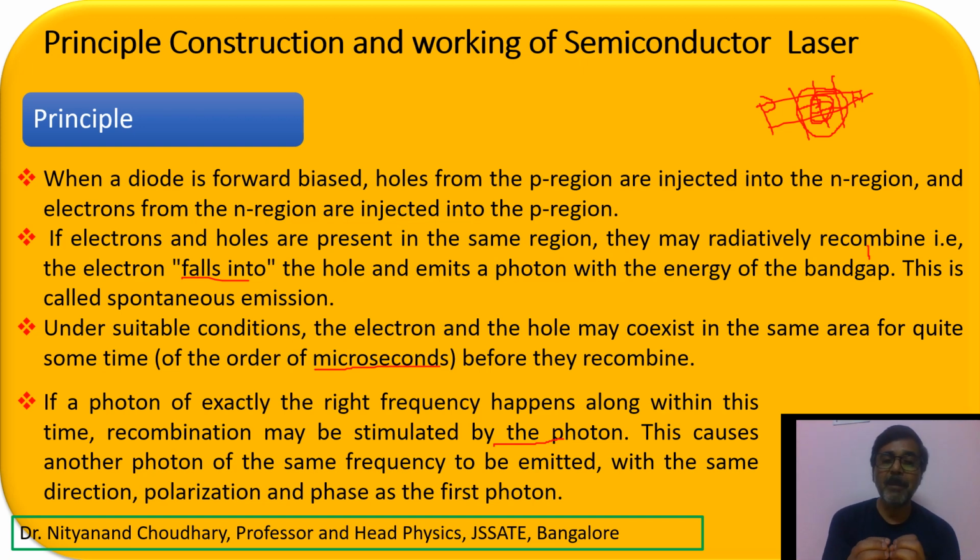So within the 10 to the minus 6 second, if you are giving the right type of photonic energy, then you can stimulate those recombinations, and the stimulated energy can be obtained in that medium. And the moment you are getting the stimulated energy, the direction, the polarization and phase of the photon can be controlled, and of course it will be in the direction of the photonic energy which you are providing, right? So this is the basic principle of your semiconductor laser, right? So what is happening, what is the nutshell, what is the basic principle?